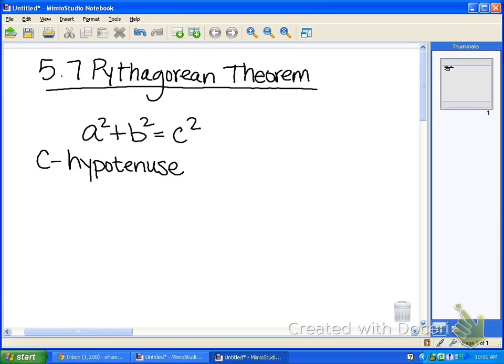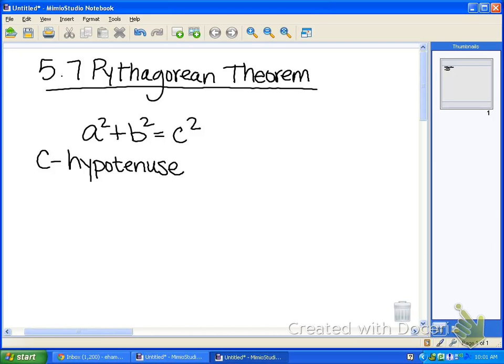So, what type of triangles are we always going to have to use to be able to use the Pythagorean theorem? Right triangles, because you need to have the hypotenuse. A and B, it doesn't matter. They're both just a leg of the triangle. But C has to be the hypotenuse. Okay? So for our first example today,